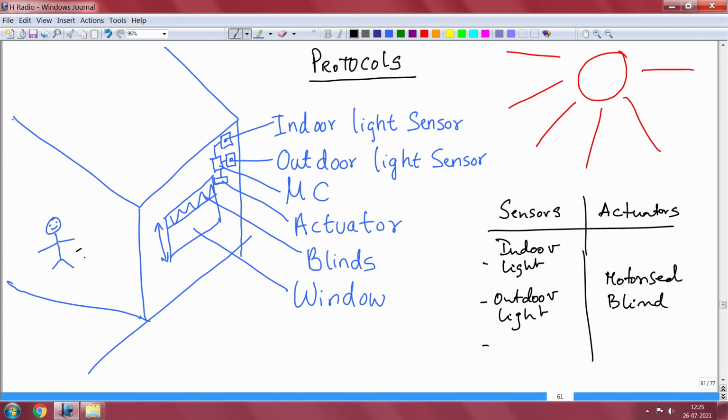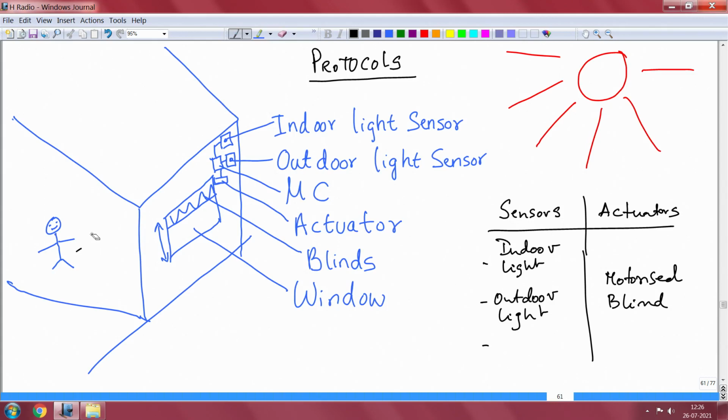So the best thing to do is open the blind such that it allows a sufficient amount of light to make the human happy. That is what will cheer the person.